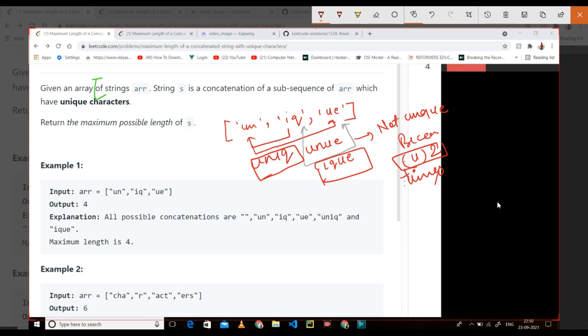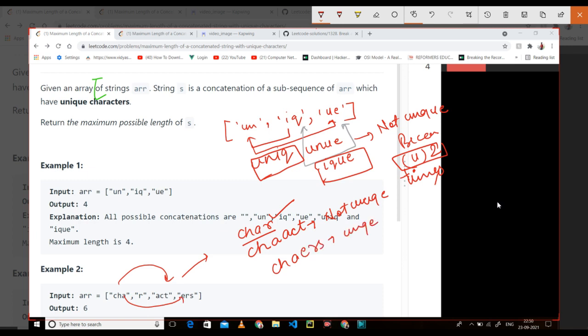In another example, you can take cha, which is unique, and combine it with r to get char. Combining cha with act is not unique. Now you can do cha with ers, which is unique. So char is length 4, and this one has length 6. Then r with act is unique, but r with ers is not unique.